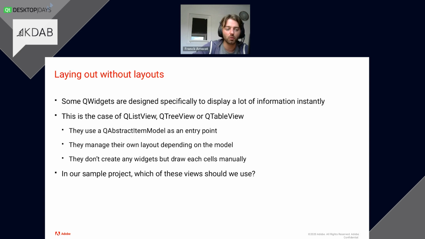So you guys should be interested when you start scaling up your views, when you have a lot of things to display. So what are those views? Those views are the ones listed here. Mostly QListView, QTreeView, and QTableView. Those are called item views, and are here to make sure that you can display your UI properly. They're fed by a QAbstractItemModel as an entry point. We'll see a bit about that later on. But basically, you have a view, you provide a model, and the view is then able to display the data of the model.